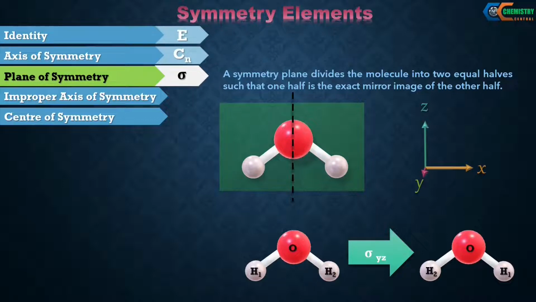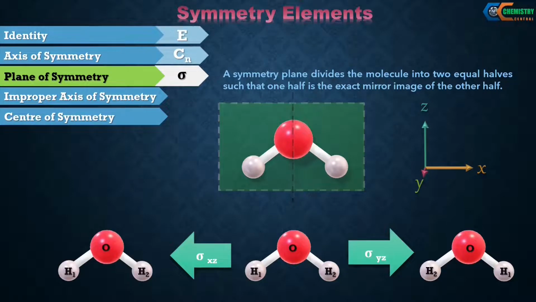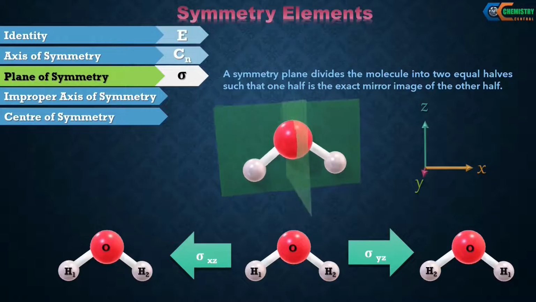The other plane, that is the xz plane, which is represented by the white dashed rectangle, also passes through the center of the molecule and cuts each atom in two halves, but they all remain at their original places. Here is the 3D representation of these symmetry planes for the water molecule.